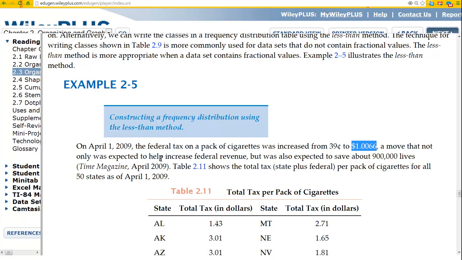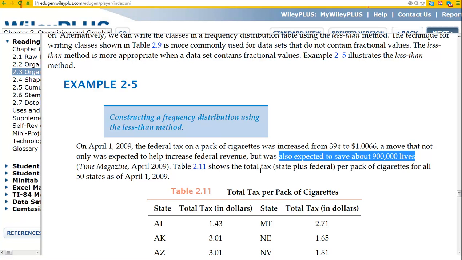And this was expected to increase, of course, the federal revenue, the amount of money that government can collect, but also expected to save about 900,000 lives. Okay, so anyway, that's interesting. But the table